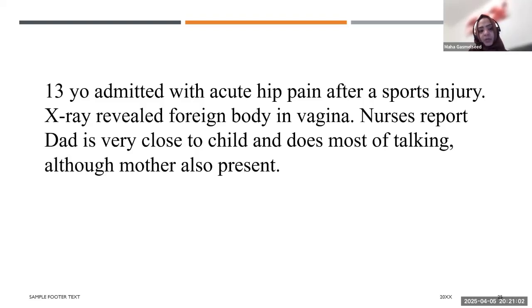Taking history is very important, whether there is any sexual history or relationship she has, and whether she has any problems previously, and if there is any hint in the history that can guide you why there is a foreign body in her vagina. And then examination will be very important. Of course, as a pediatrician, you will proceed with